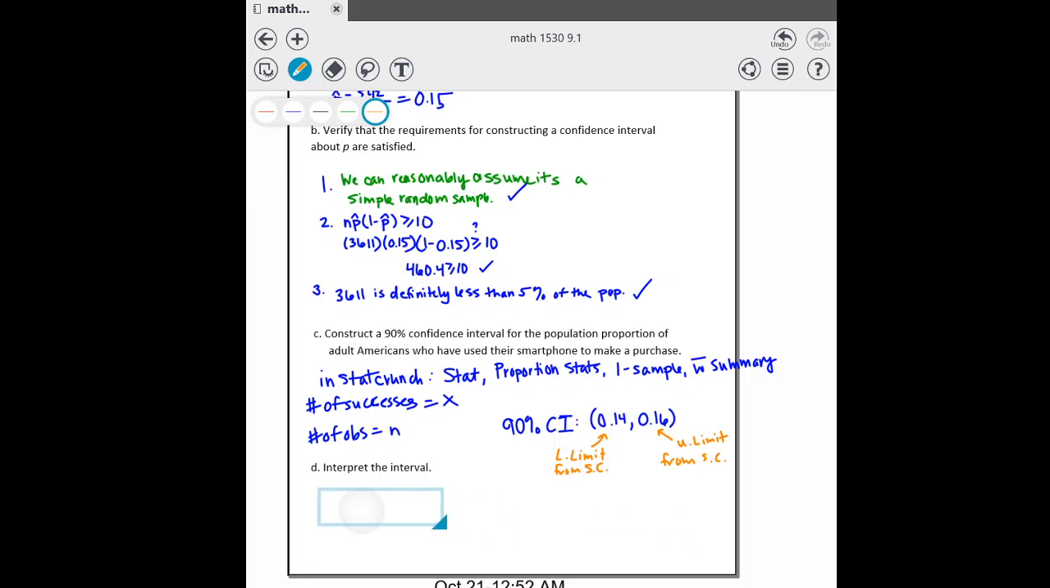Okay, interpret the interval. Here we go. This is the important part. This is like the show work part on the test. You know how you do all the work, and then on your paper it says interpret the interval. You have to be able to do this in your own words. So we're going to say we are 90% confident, because we did a 90% confidence interval, that the population proportion